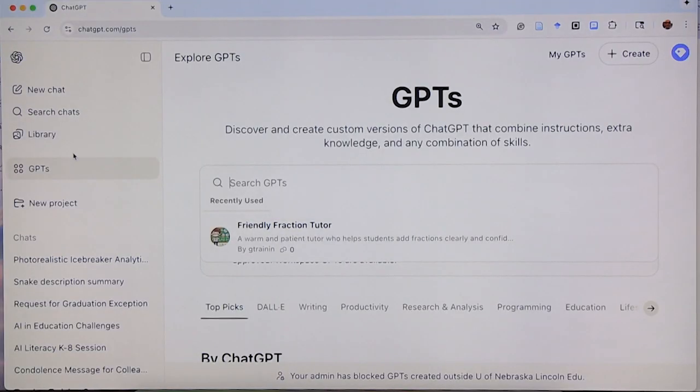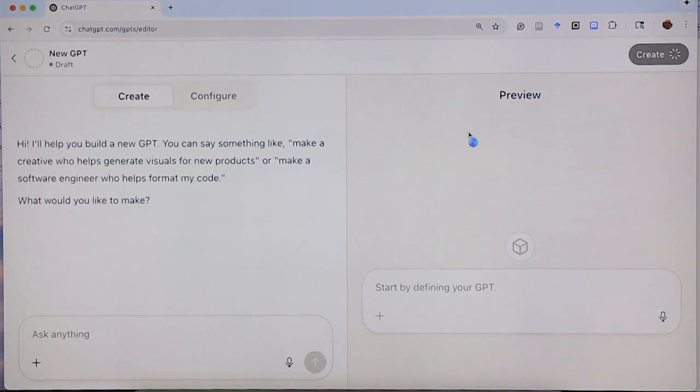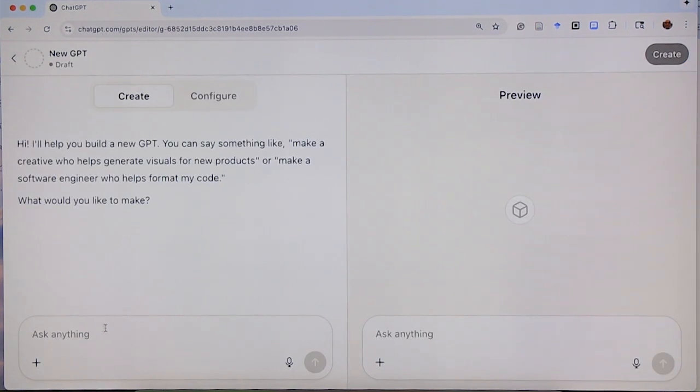So if you go into your ChatGPT, you can see that there are GPTs on the left, and there are ones that have been pre-programmed. But in education, we often want something a lot more specific. So I actually went in and asked to create a new one, and to create, you just click on the plus, and you say, what do you want? And I asked for a math tutor for a student who's having a hard time adding fractions.